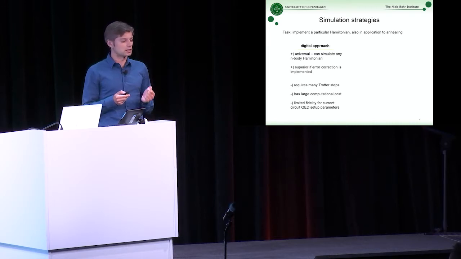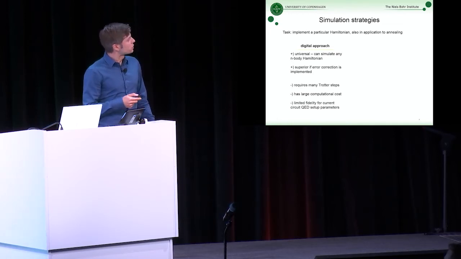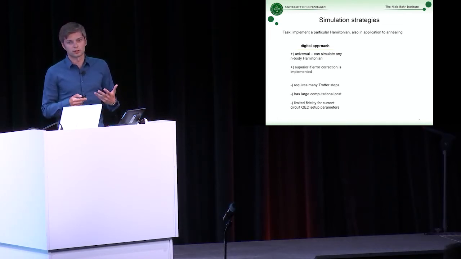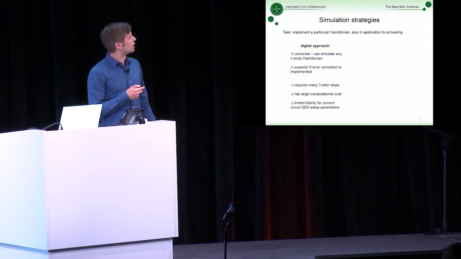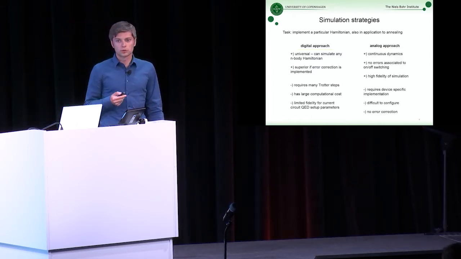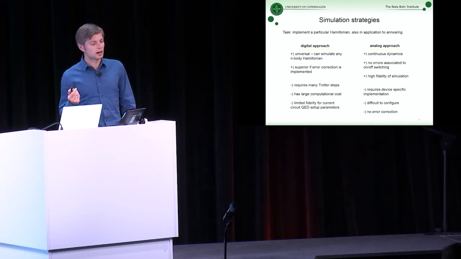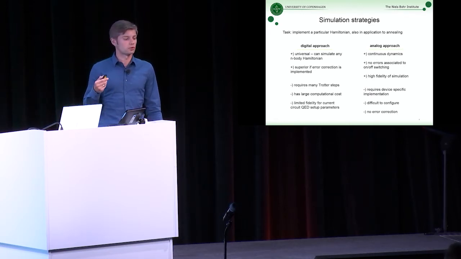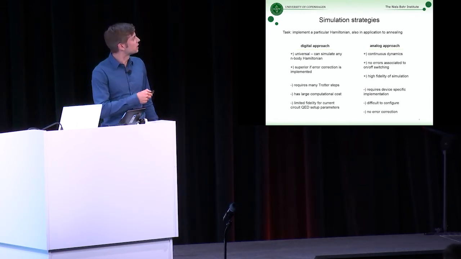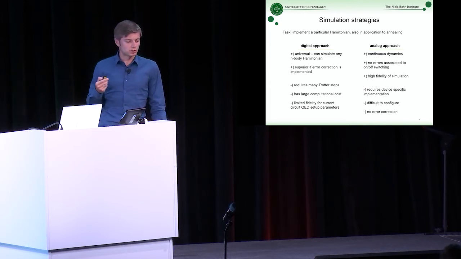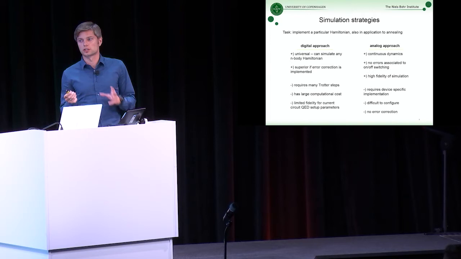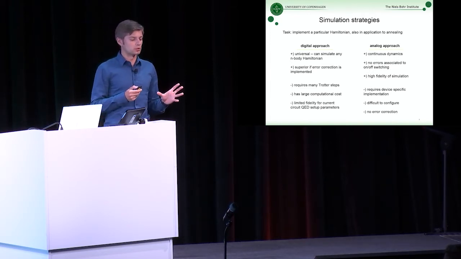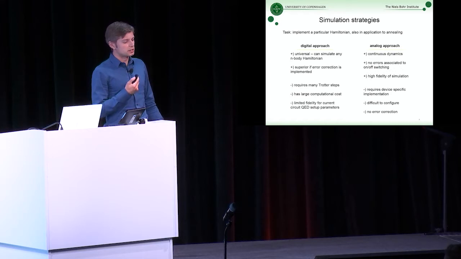However, it's still expensive in the sense that you need to trotterize the dynamics. Once you do that, the fidelity of simulation won't be huge, and it is especially limited by current capabilities. Once you can engineer your Hamiltonian and do this analog approach, you get continuous dynamics without on and off errors. You don't have Trotter errors, so in some sense the fidelity will be much higher. But typically, it requires a device which is designed for your problem. So it's very difficult to configure, and there is still an issue of error correction for this kind of simulation